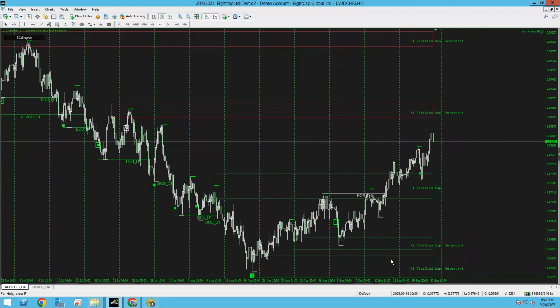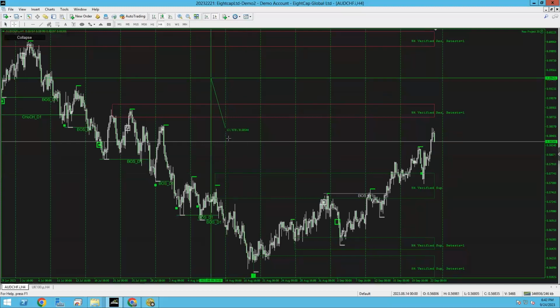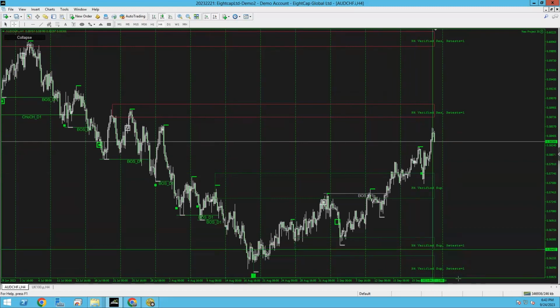What does a turncoat mean? Some people will say to me, a turncoat means if it was a turncoat resistance, this resistance has now become a new support for continuation of a buy. If price action broke below this verified level, then this would have been a support verified level, like you can see here. So let's just say it breaks through here. This will now become an old support that is a possible new resistance. That's all turncoat means. Again, I'm just trying to make it very clear for every single person in here.